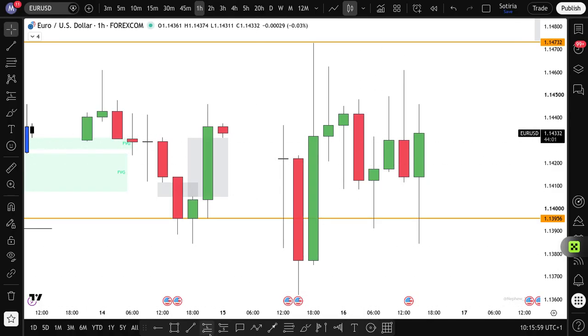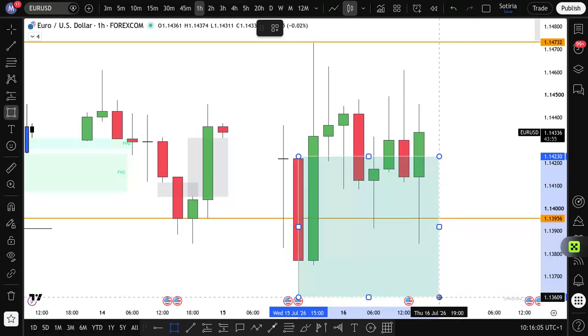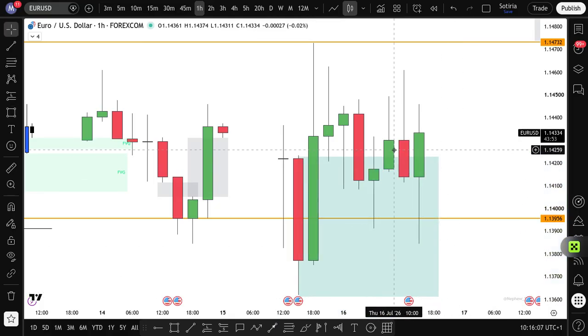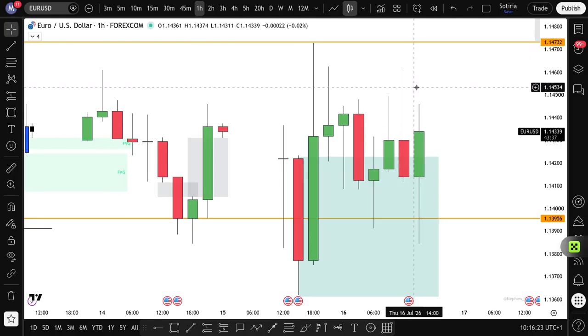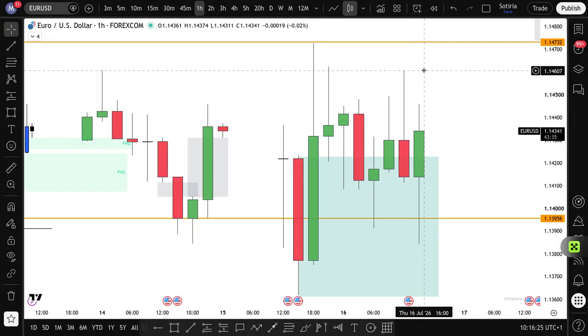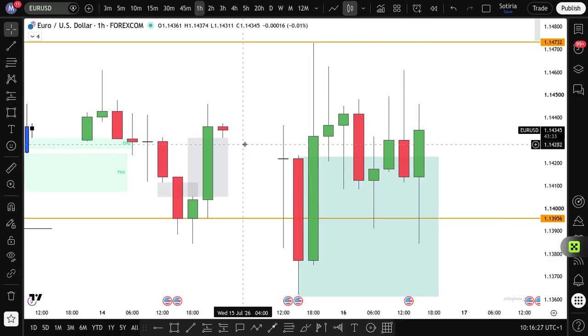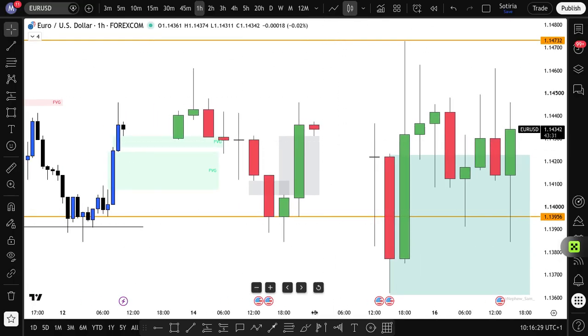So on the daily time frame, I have this other block here, which is still holding, and I'm expecting price to move from this point right here and get to this top right there. That is what I am looking for on Euro USD. So I want to see price get to this top here, and that is where I am still targeting from the daily time frame. Now last week, if I move to the 4-hour time frame,